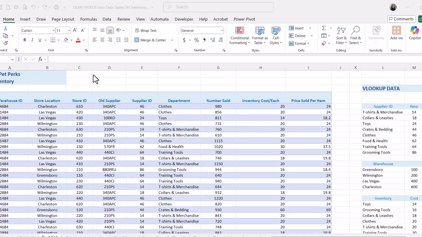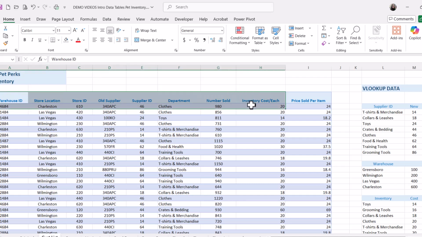In Excel, you will use a custom sort when you want to sort by more than one column. And in particular, we'll look at how to use a custom list within a custom sort. So we'll highlight the data,